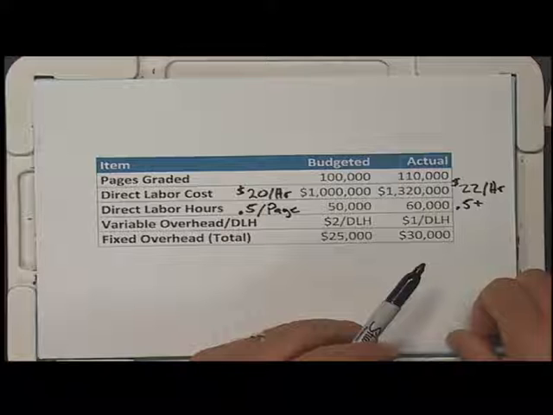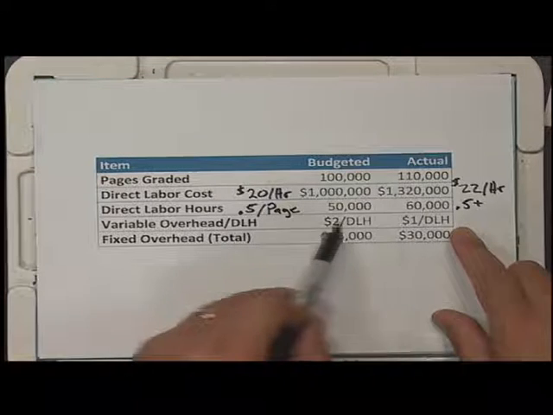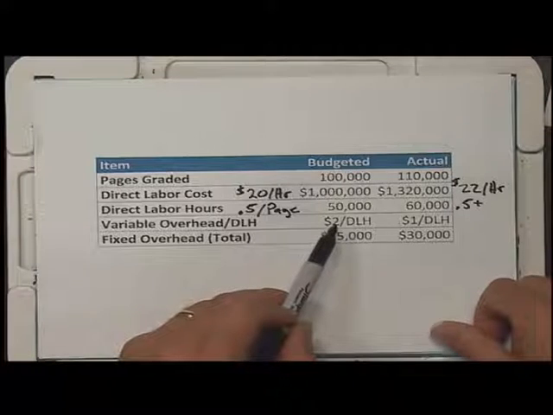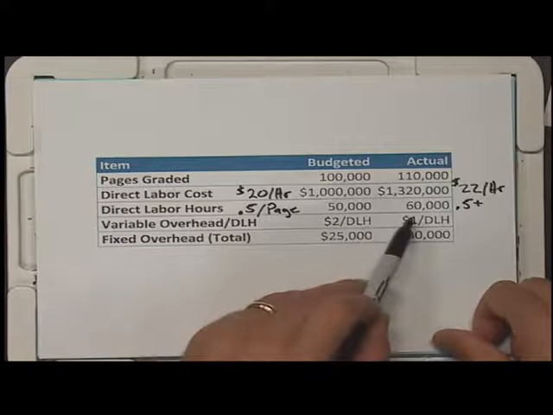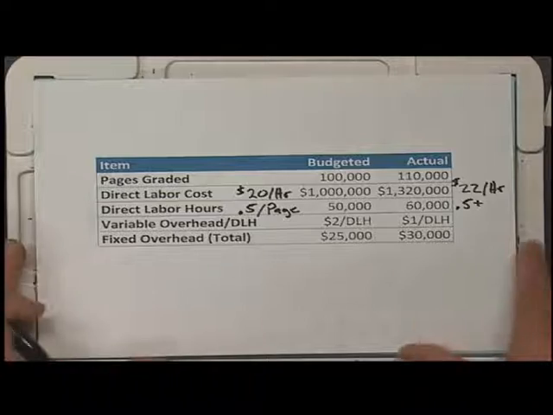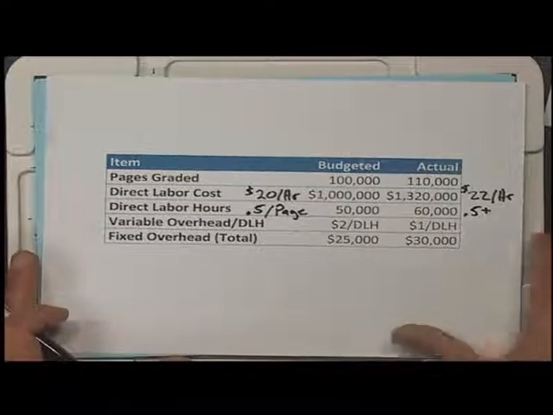So we're going to see a favorable variance because our predetermined overhead rate came in a little high, right? Actuals were lower than $2 per labor hour. But we're going to have an unfavorable variance because we used too much of the driver and drove too much variable overhead. We're going to analyze this